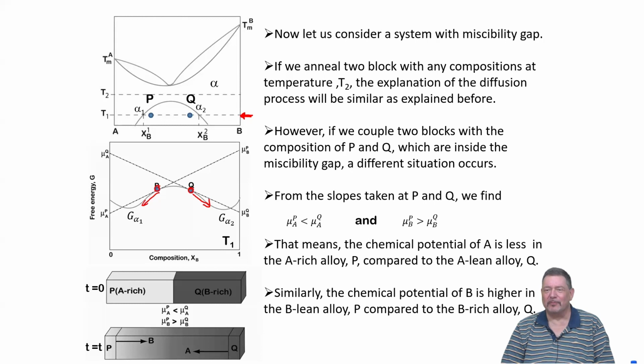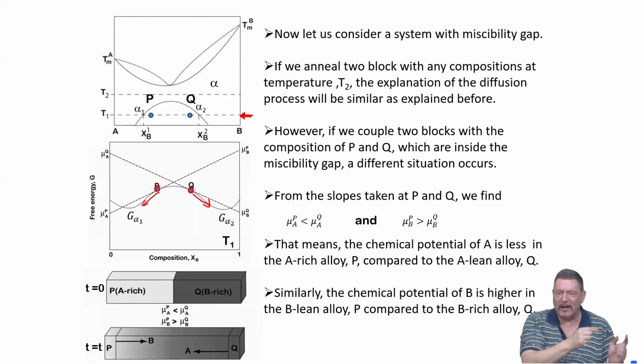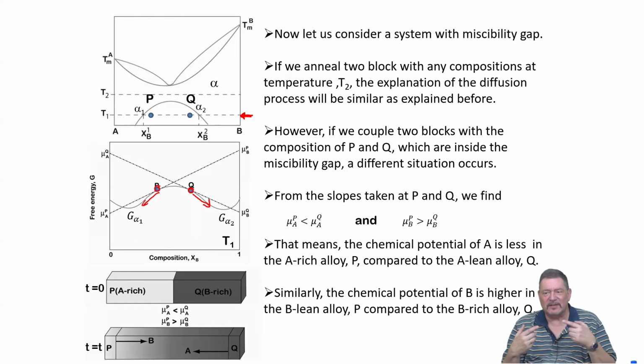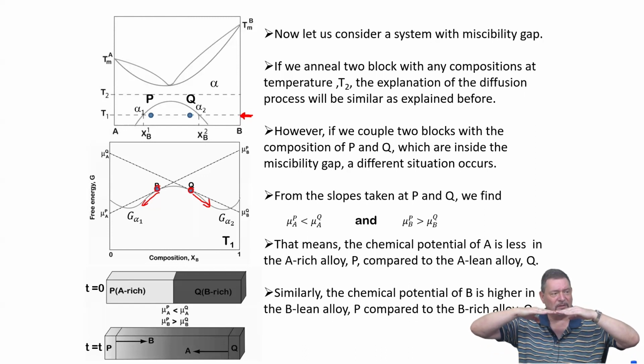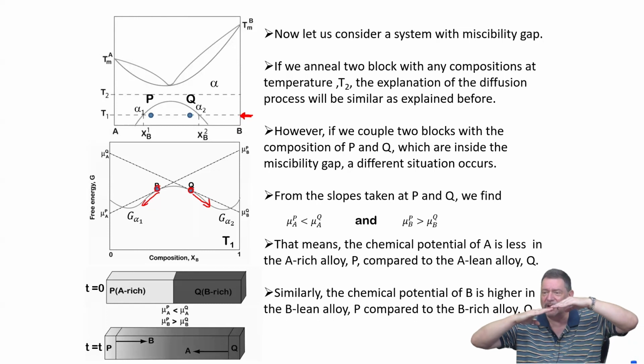So the more concentrated part of your system is getting more concentrated, and the less concentrated one is getting less concentrated. So A atoms in the A-lean material even move out to the A-rich part, and vice versa. So that's really something which you would not get from Fick's equation if you plug in the description based on the concentration gradient, because here the diffusion does not serve to make the concentration gradient smaller so that in the end you get a uniform distribution. Here it makes it steeper.